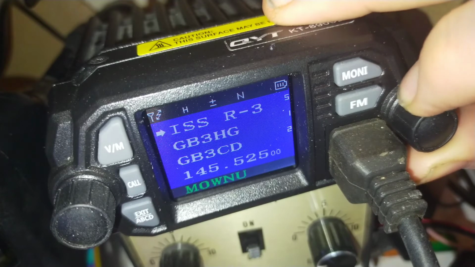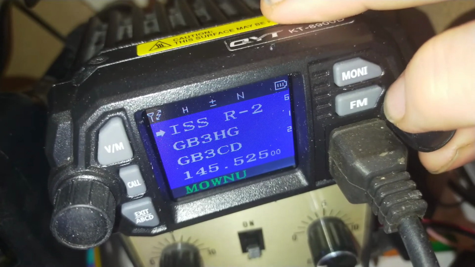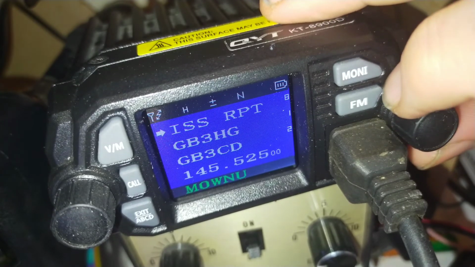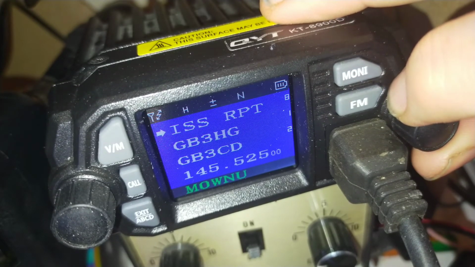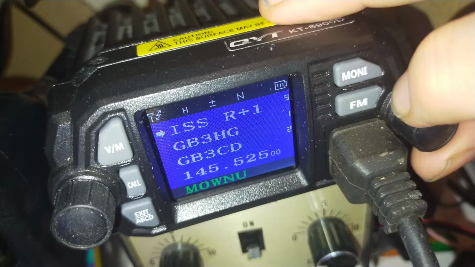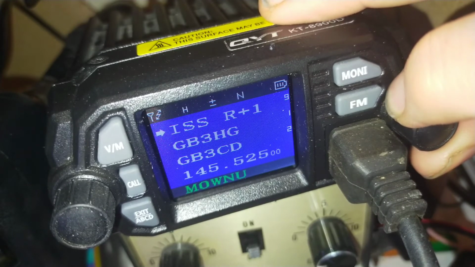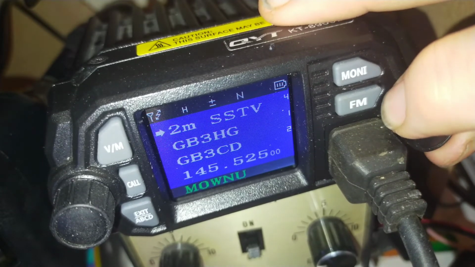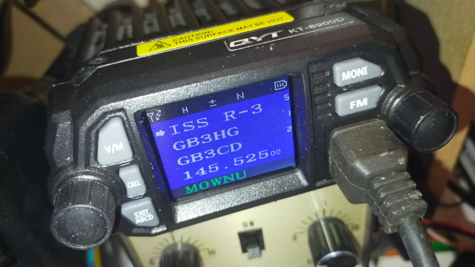437.815, 810, 805, then 437.800, and then 795, 790, and 785, respectively. Now, all these presets in this radio, which is a QYT KT8900D, which is not the best radio in the world,